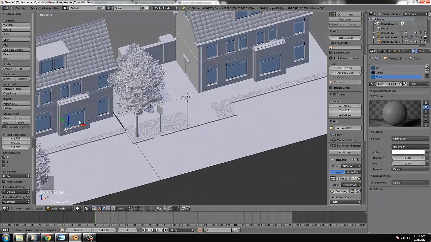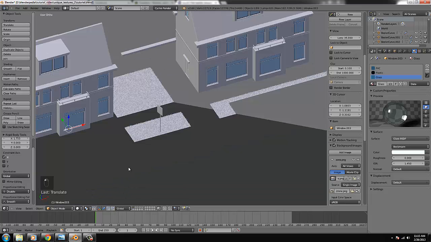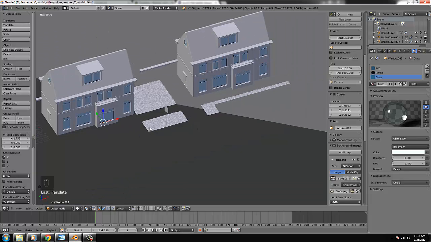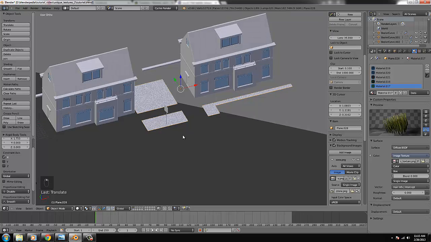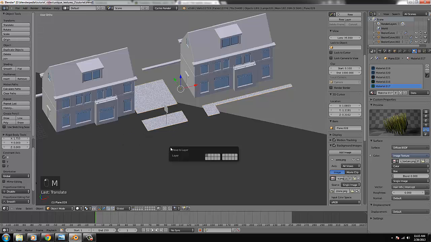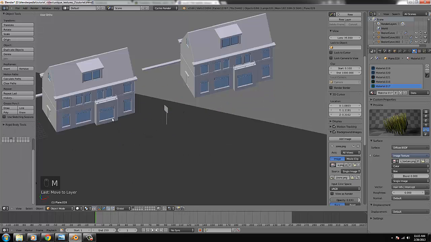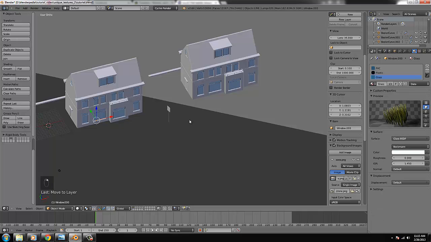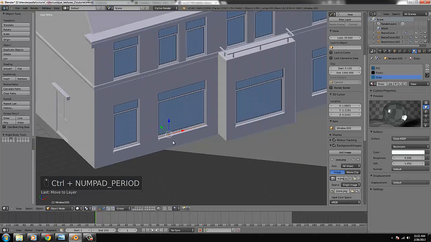So I'm selecting this one. The grass needs to be somewhere else. Is there grass? Is there grass? Yes. So put it in layer 4. Windows. So if I hit render,